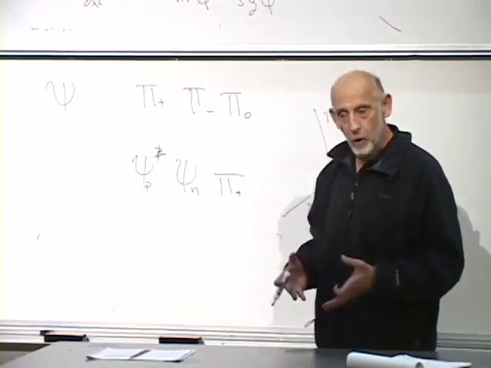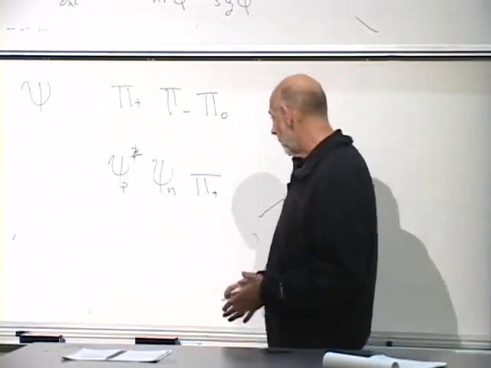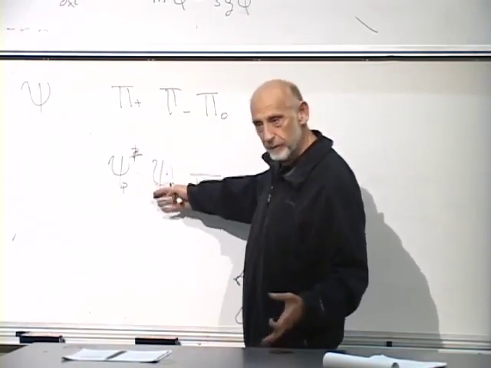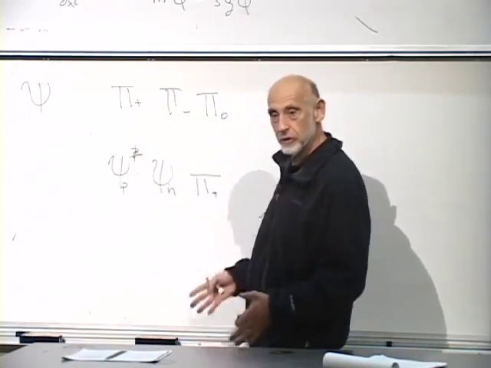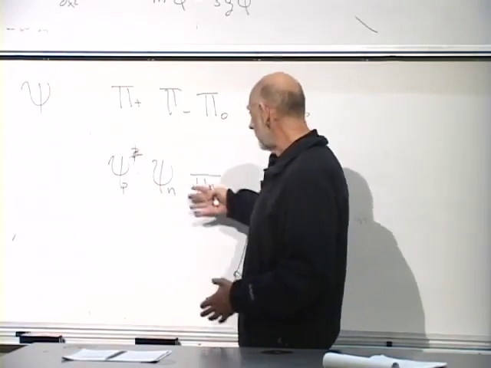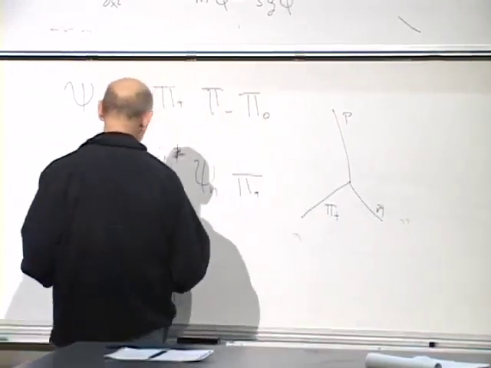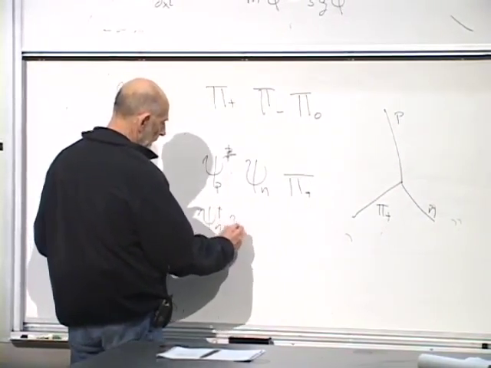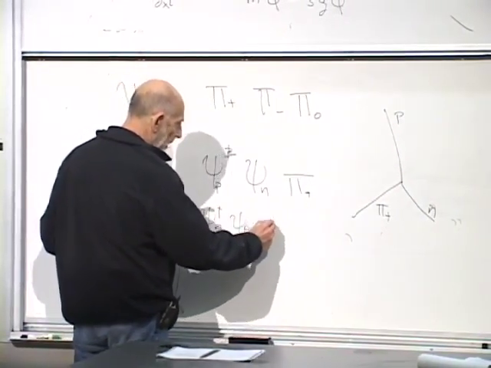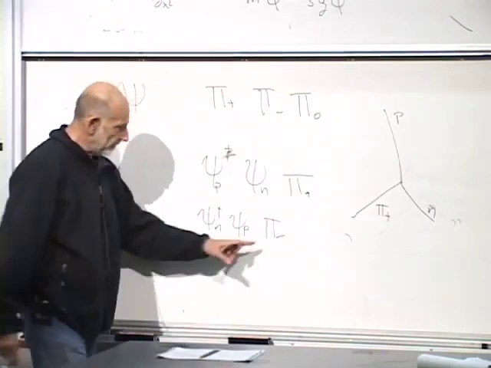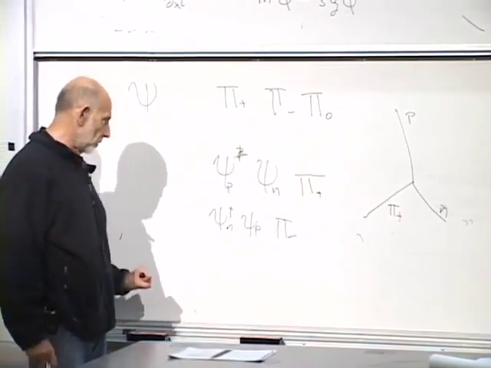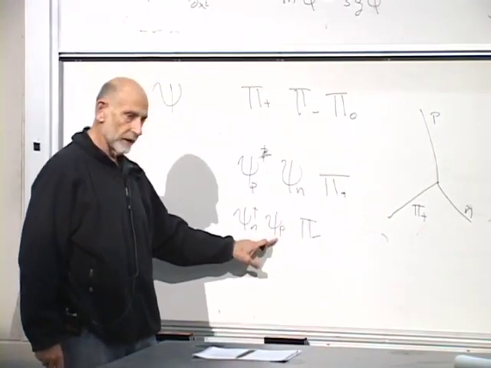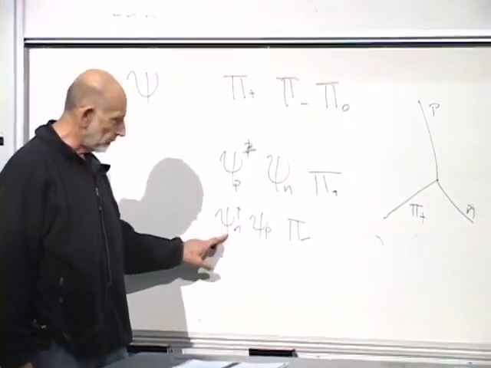But when we didn't know about quarks, we represented protons and neutrons in terms of fundamental fields, and pi mesons in terms of fundamental fields. And we would write down things like this. What else can be there? Psi dagger neutron, psi proton, and pi minus. This absorbs, let's see, this absorbs a pi minus and a proton and gives off a neutron.